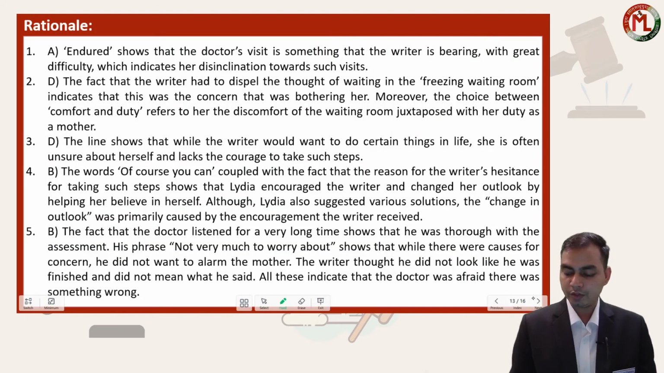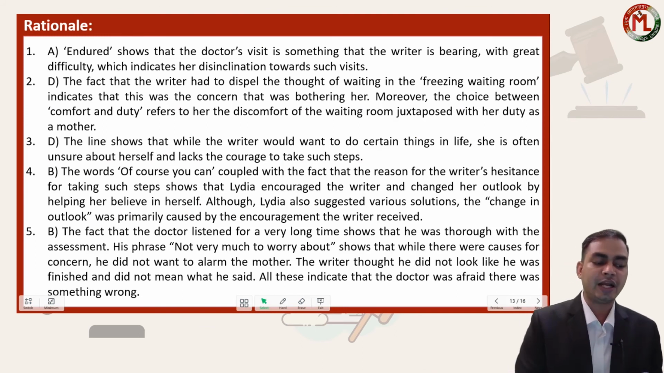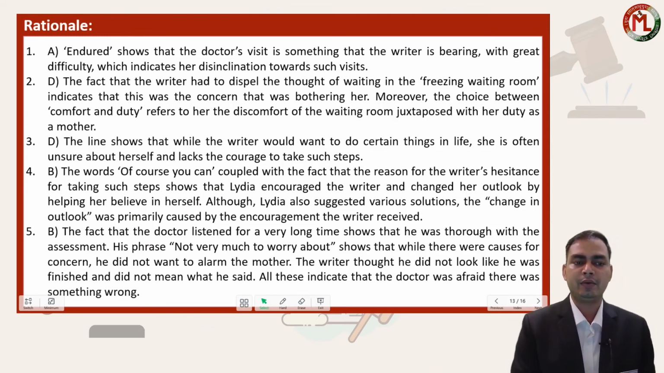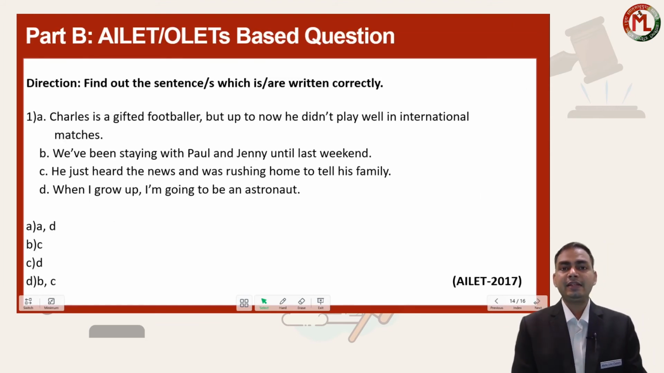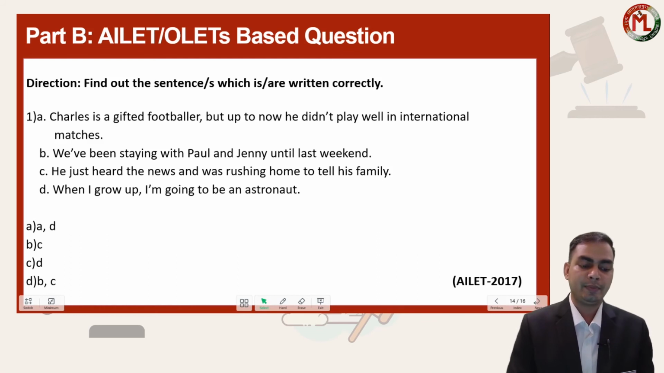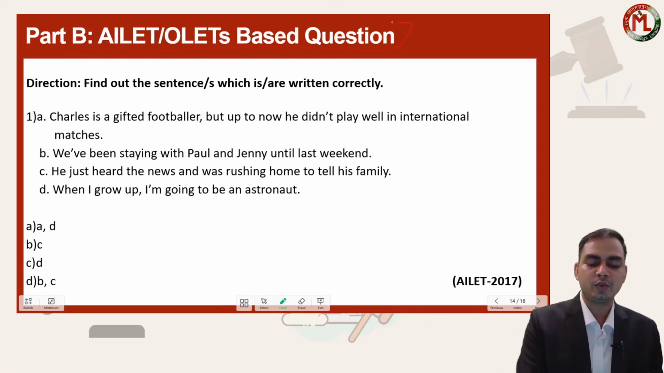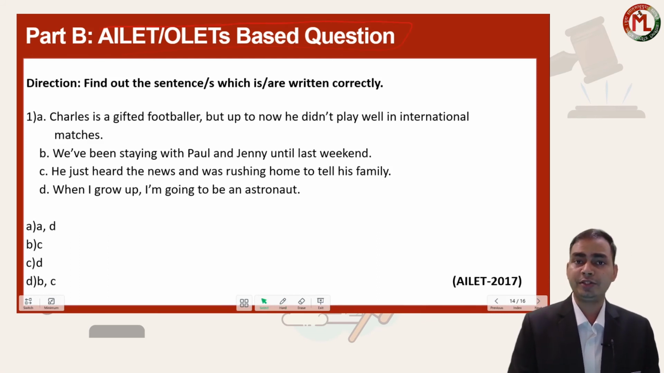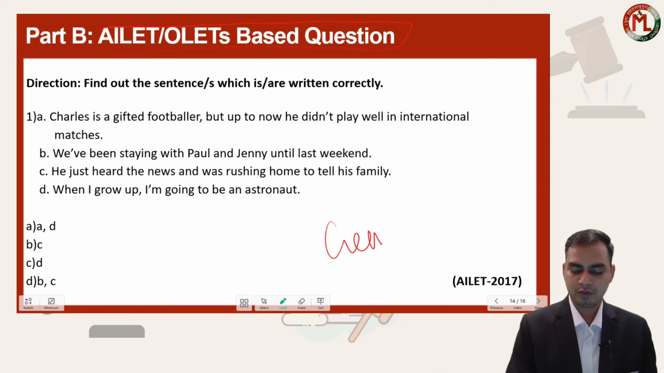Alright, so I hope you enjoyed solving the passage with me, and there is a detailed rationale of the answers, on what basis I answered the question. So you can take a screenshot of this and analyze whether the answers are suitable. As I said, this video has been divided into part A and part B. So we just finished part A and now we are switching to part B, which is AILET or OLET based questions. I have taken two questions which are relevant to